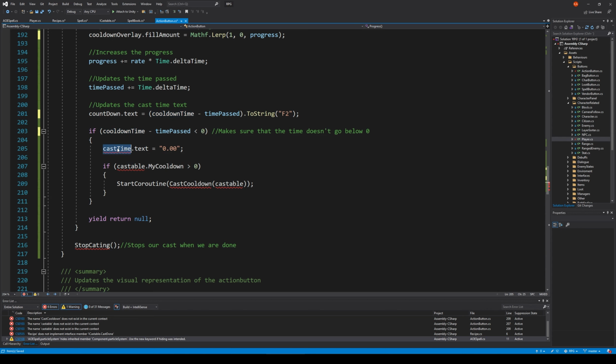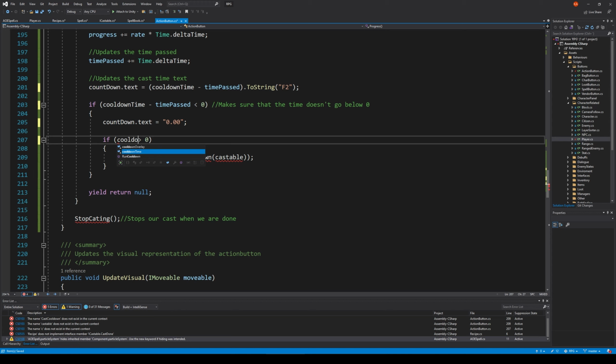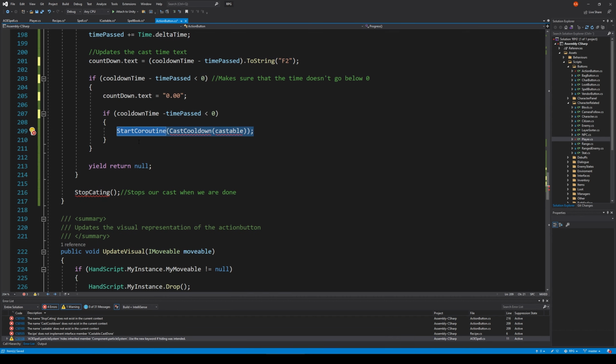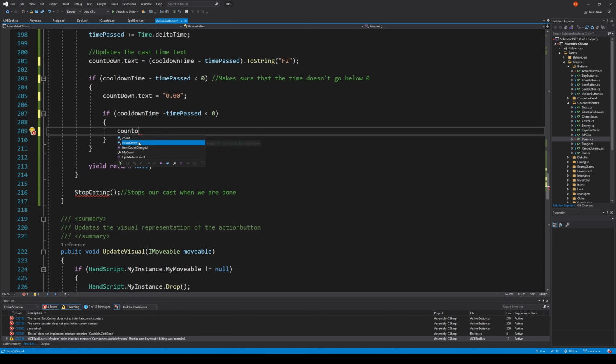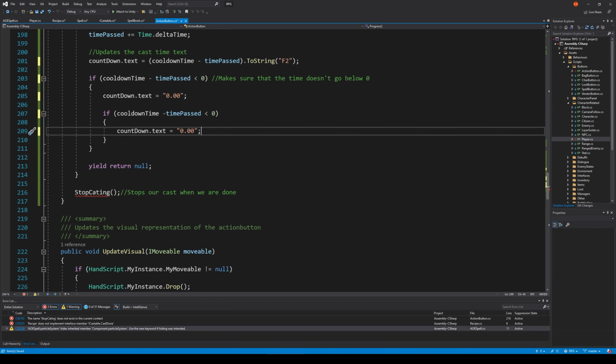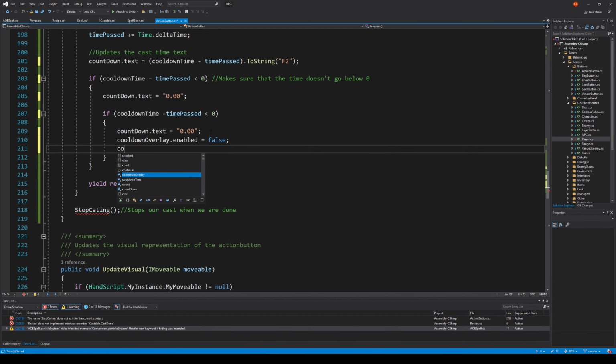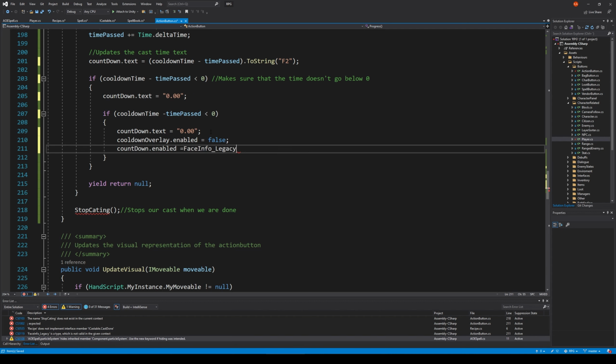And then we're going to use our countdown text. And we are then going to say if our cooldown time minus time passed is less than 0, then we say countdown text 0.00, and we say cooldown overlay dot enable false, and we say countdown dot enable false,